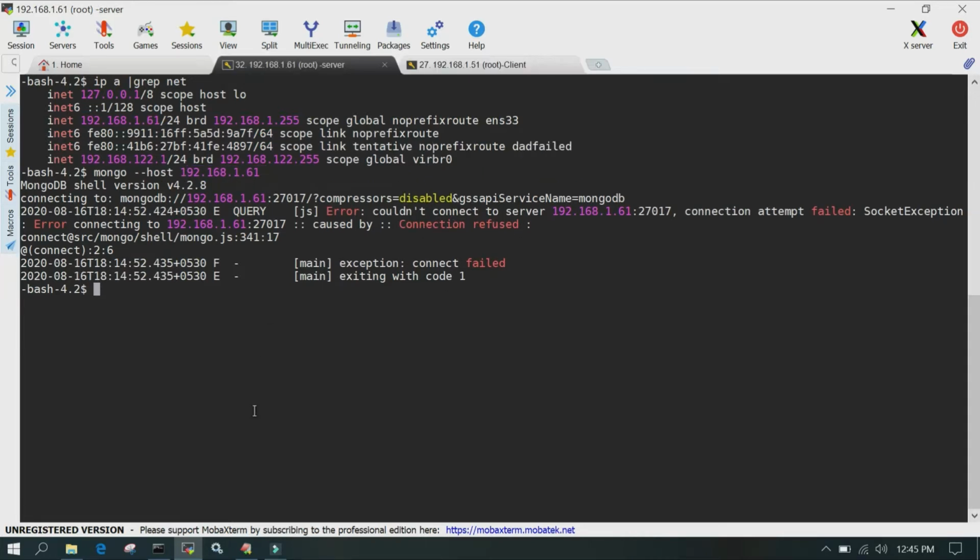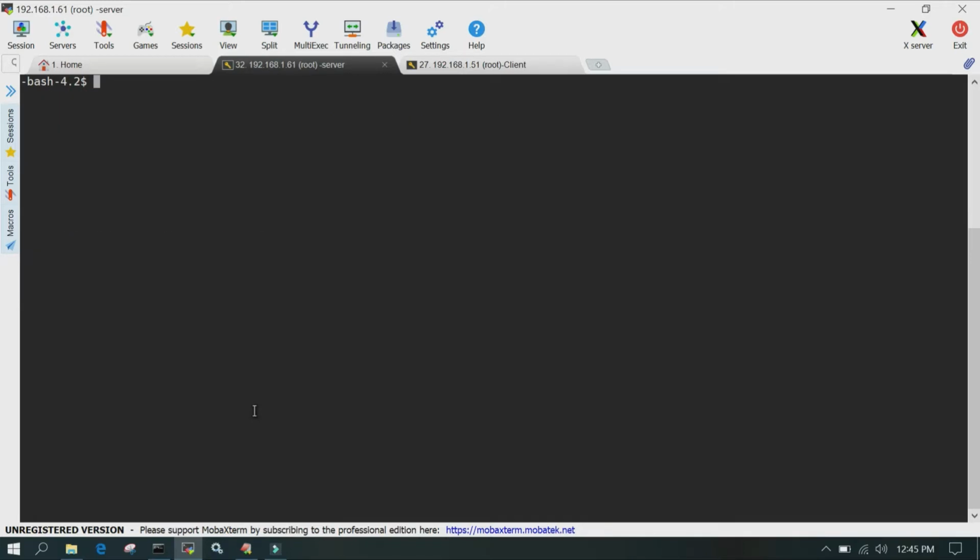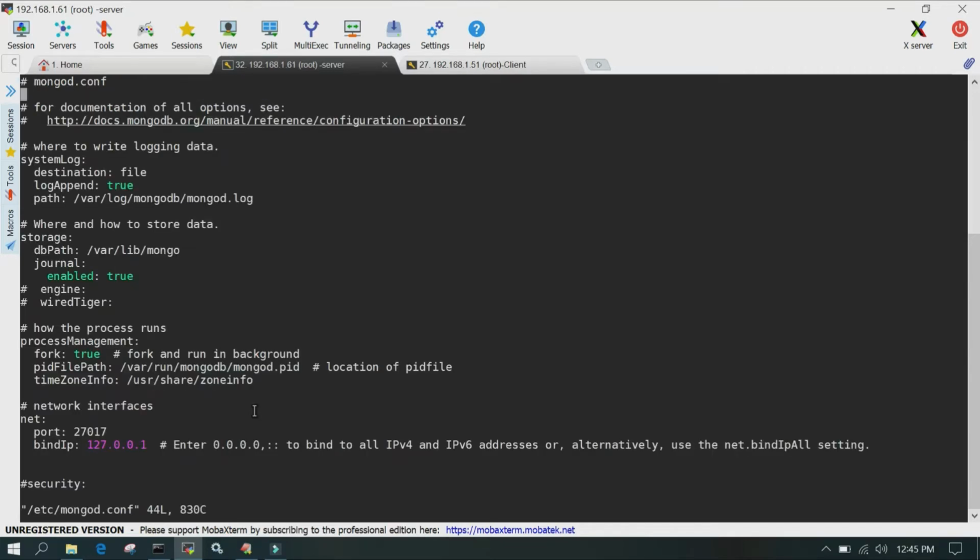So what I will do to allow the connection is go to sudo vi /etc/mongodb.conf file and go to bindIp. And here in the bindIp, you have to mention the IP address of the card of this local system, and the IP address is 192.168.1.61. So I have added the IP address of the server itself in mongodb.conf. Just restart after